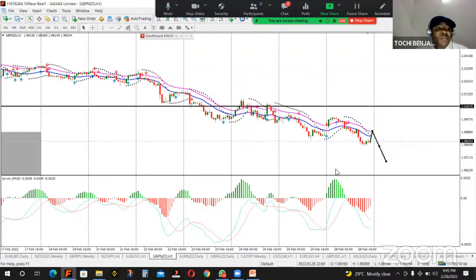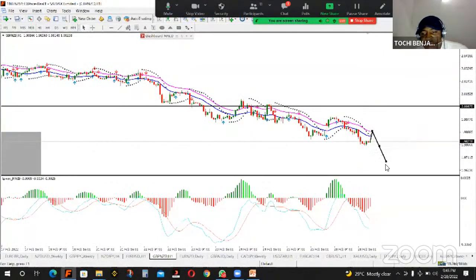So if you're looking at GBP NZ, you wait for this price to come to this place. When it comes to this place and you look at the candlestick, at this point you see rejection of higher price, you need to initiate your sell, because as it sells, this market will be going down to take out this low. And if it takes out this low, it's going to create another lower low. And you'll be in that market riding the trend.